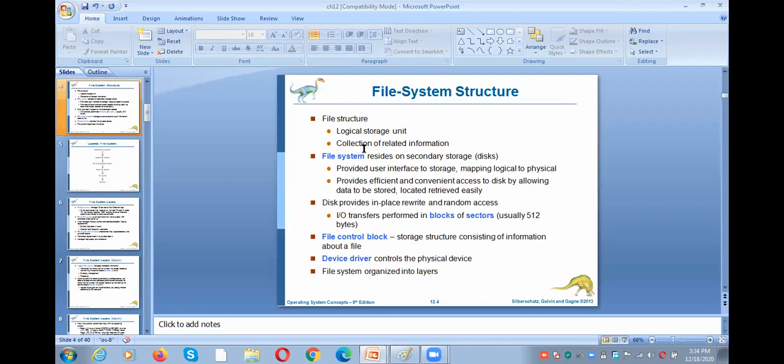What is the need of storing the files on a disk? The first point is that the disk is a secondary storage area. That means we can permanently store the file system. Secondary storage is for permanent storage purposes, right? All the file systems reside on the disk, so that we can create a file, delete a file, modify a file, whatever operations we want to perform on the file, we can perform in a convenient and efficient manner.